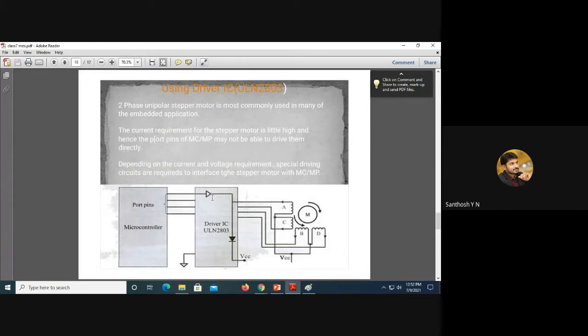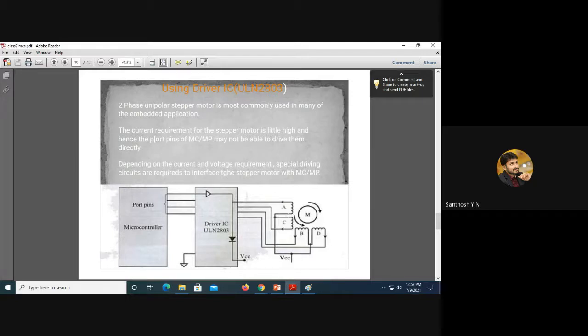What you have to understand is that this stepper motor expects high voltages. Hence these port pins are not stable enough to provide such high voltages, so we are using the driver ICs. The driver IC is responsible for giving a sufficient amount of voltage to make the stepper motor rotate in clockwise or anti-clockwise direction, right? This driver circuit we have already seen with respect to relays, because the relay will be energized and de-energized continuously. So therefore we have used the driver circuit for relays also.